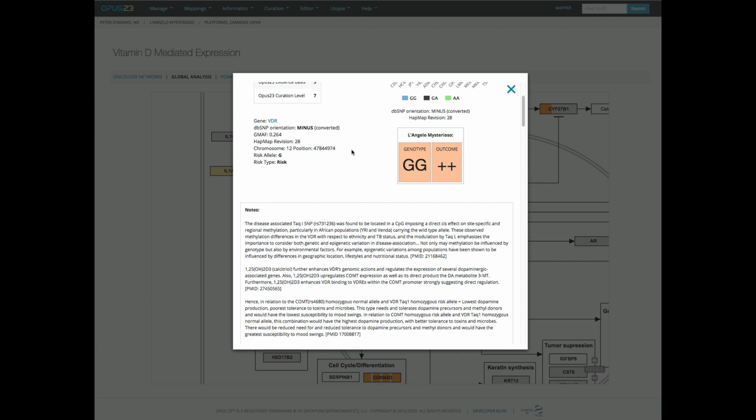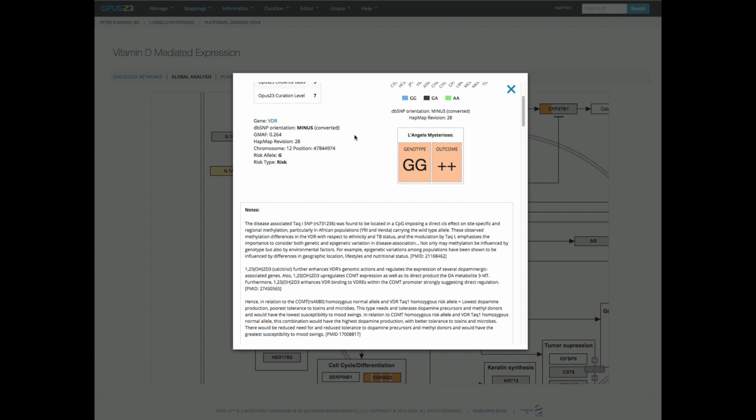All the reporting services always report genotype outcomes on the positive strand. But a lot of the clinical services, because researchers use machines that can report on either strand, so the research services like ClinVar or GWAS or DB-SNP, sometimes they report on the positive strand, sometimes they report on the negative strand. But Opus is telling you in this case that the DB-SNP orientation was minus,